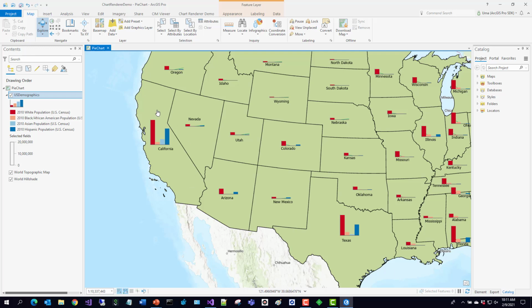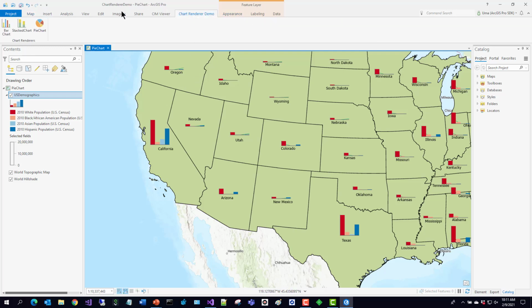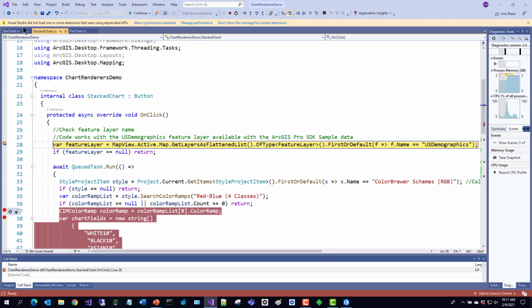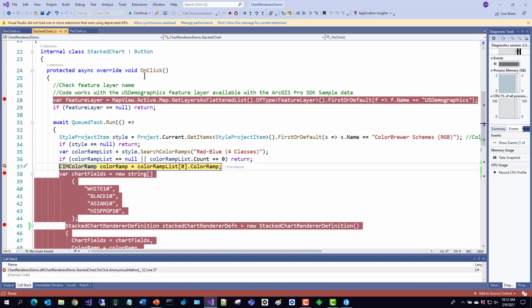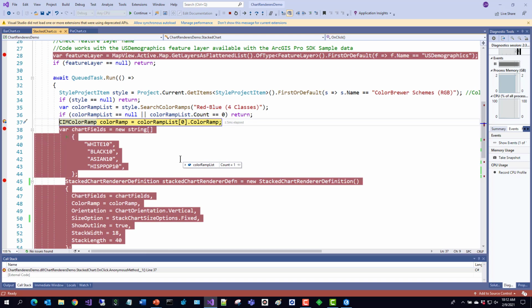Now let us use a stacked chart renderer to visualize the demographics for each state. A stacked chart renderer stacks each attribute in a single bar. I'm going to step through the code by clicking the stacked chart button on the ribbon. I get the US demographics layer from the active map. Again, within the context of the queued task, I set up the various variables required for my stack chart renderer